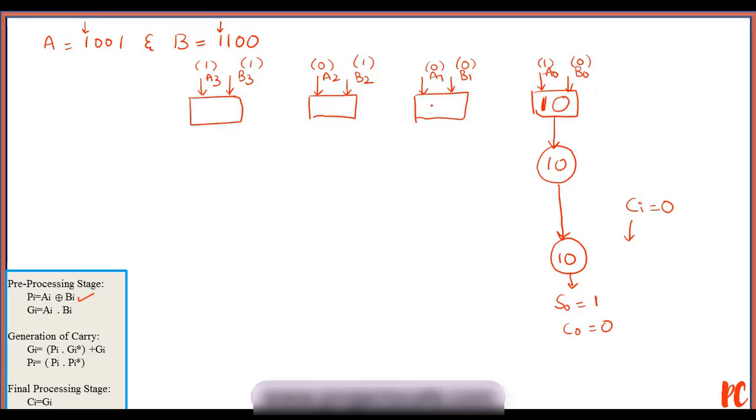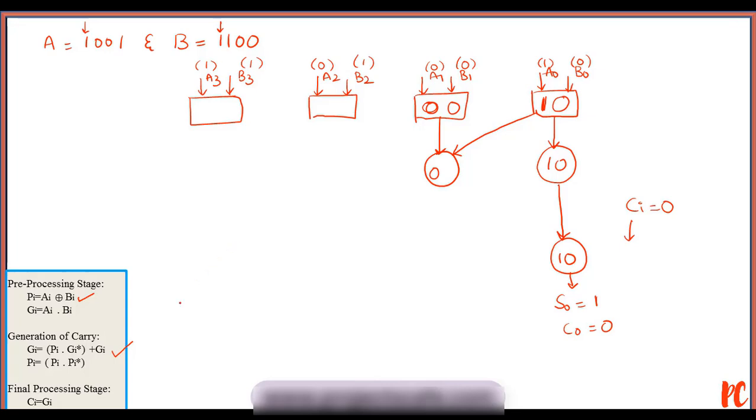Now coming to the next stage, here in the pre-processing stage I need to make the XOR operation of both these, which results in 0, and a product of both these, which results in 0 again. This is then moved further, for which the other input will be the previous stage of this pre-processing stage. Now here for the generated input, this is the operation I need to perform: Pi making an AND operation with the previous GI. So this is my Pi. I need to make the AND operation with the previous GI. So 0 into 0 refers to 0, plus current GI. This is 0. So this is my GI.